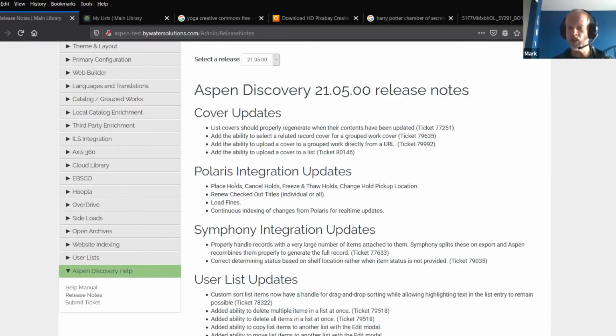So all of the core functionality for Polaris is now in place. That doesn't mean we're done with Polaris, but we can extract all of the records from Polaris. We can extract continuous indexing from Polaris. We'll be doing some additional work to try to get some of the time down on that, just the way they provide information in the API isn't as fast as we want. So we've got some extra tricks up our sleeve to do that, but you can do all of the hold